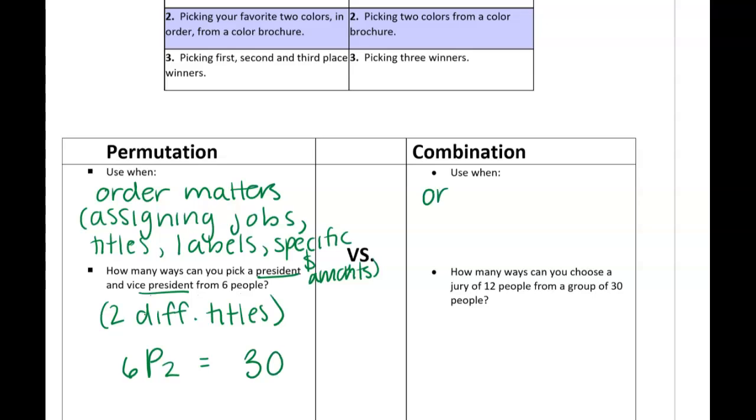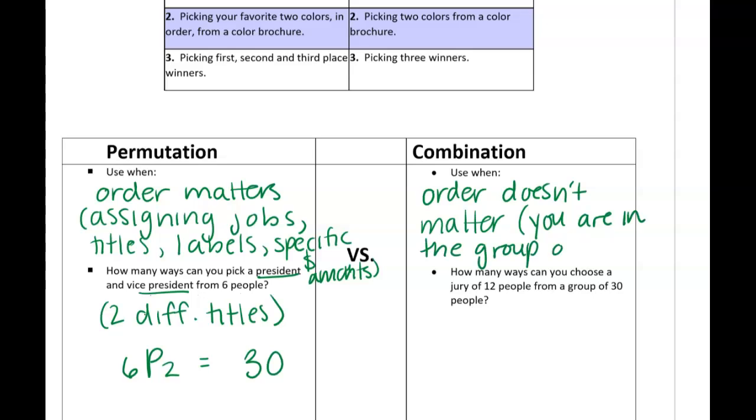Combination, you use when order doesn't matter. The best way to think about this, or maybe the simplest, is you are in the group or out. So you're chosen or you're not. So how many ways can you choose a jury of 12 people from a group of 30? You're in the jury or you're not. It's not like you're the foreman of the jury. I think that's what it's called. Or whatever. It's just you're in or out. So then it's 30C12, which according to your calculator is